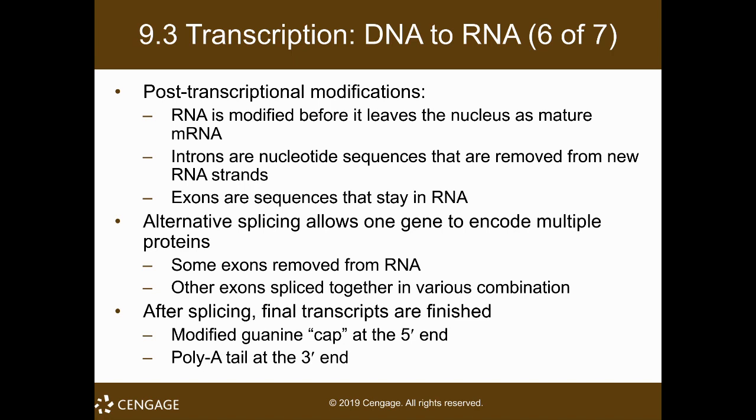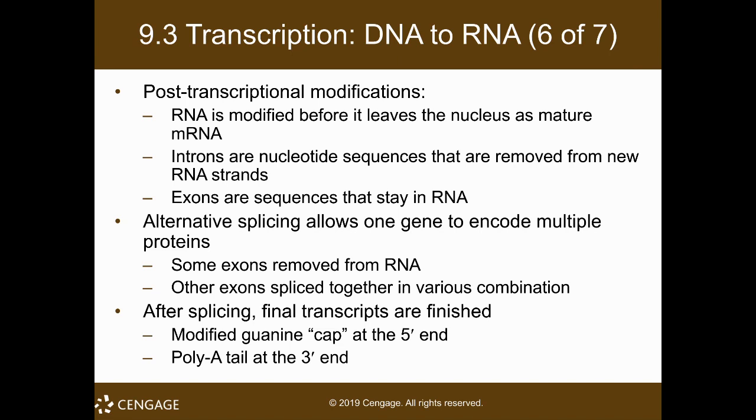So in eukaryotic DNA, or rather eukaryotic genes, you have introns and exons. Basically, the genes for eukaryotic cells are made up of regions called introns and regions called exons. Introns are nucleotide sequences that are removed from the new RNA strands, whereas exons are sequences that stay in the RNA. Another way to say that is, for example, after transcription, you have